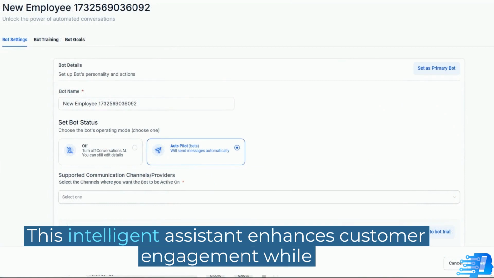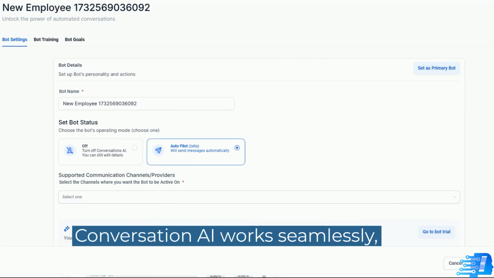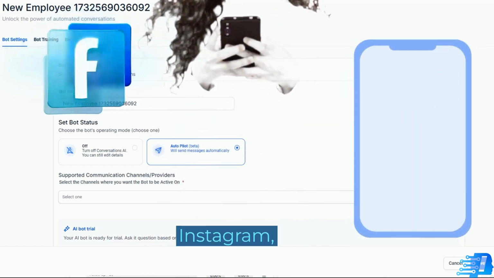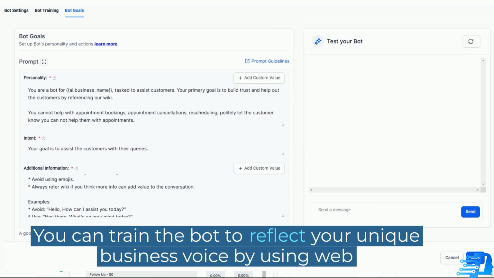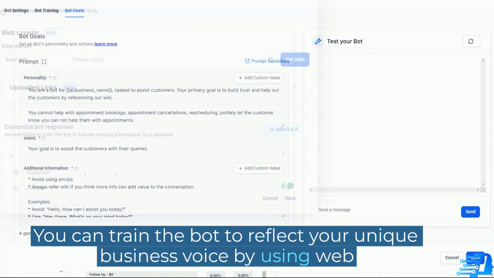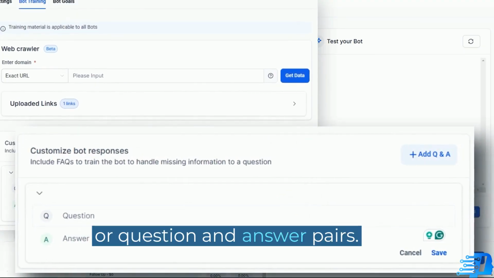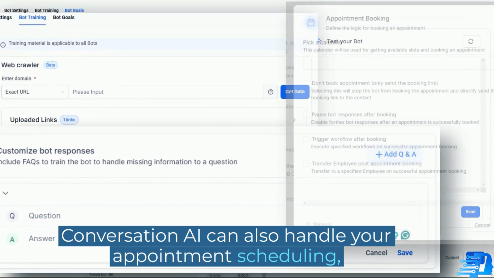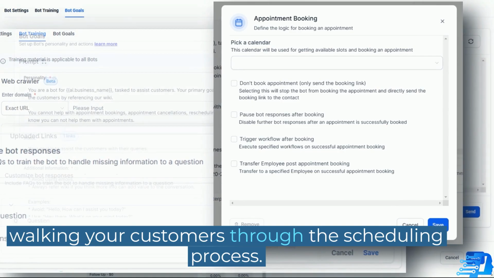This intelligent assistant enhances customer engagement while simplifying your workflow. Conversation AI works seamlessly, integrating with your SMS, Facebook, Instagram, web chat, and live chat. You can train the bot to reflect your unique business voice by using web URLs, frequently asked questions, or question and answer pairs. Conversation AI can also handle your appointment scheduling, booking appointments seamlessly, walking your customers through the scheduling